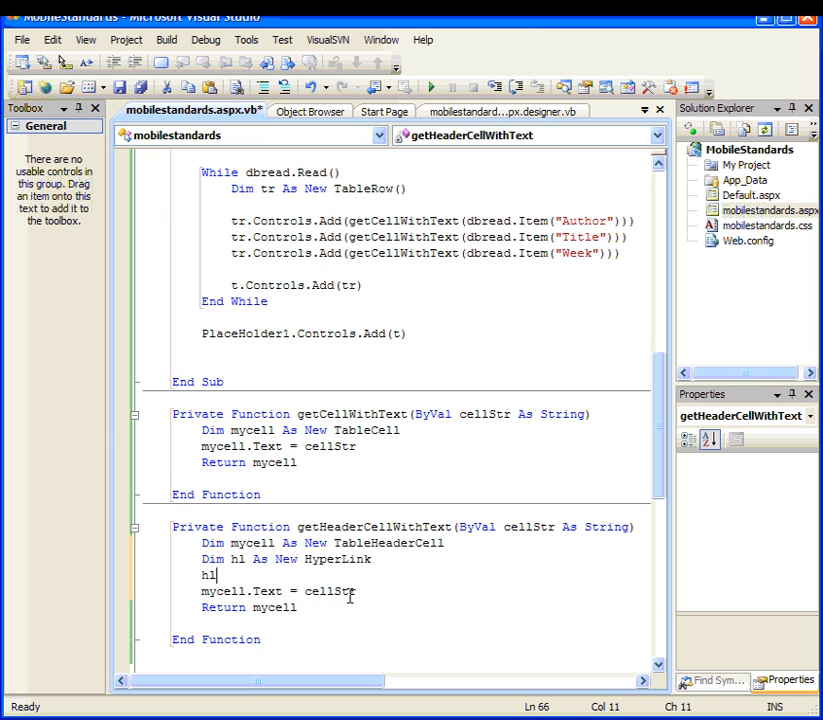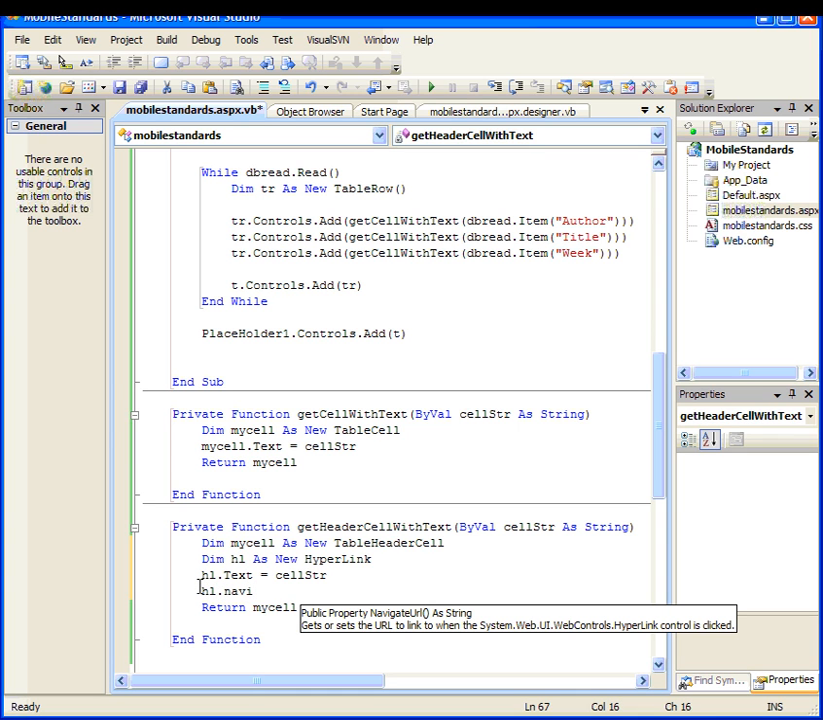So we say hl.text equals cellstr. Let's get rid of that my cell text, because what we're also going to be doing is returning a hyperlink inside a cell rather than a cell itself. So hl.text is cellstr. Then we say hl.navigateURL